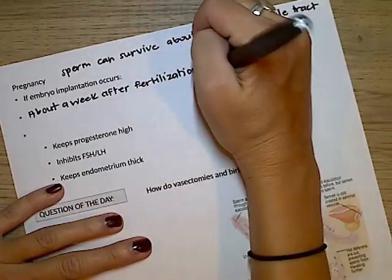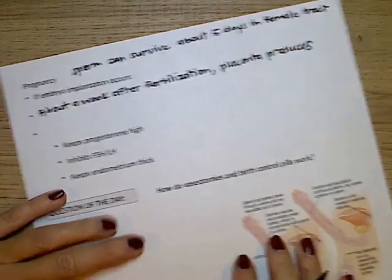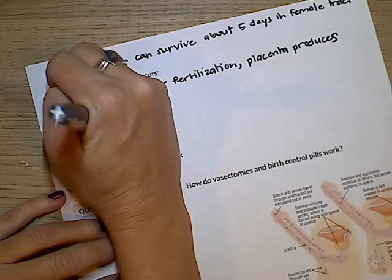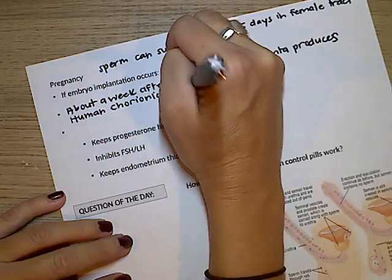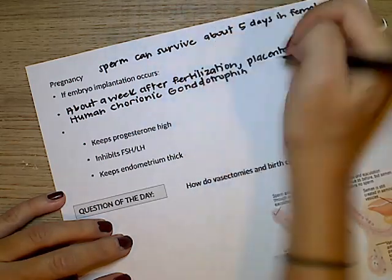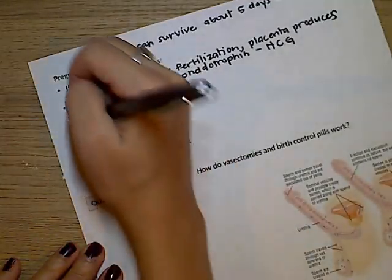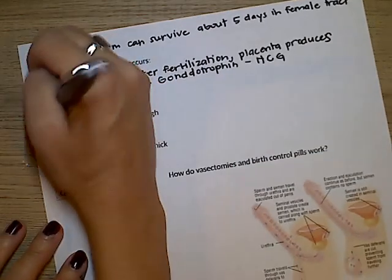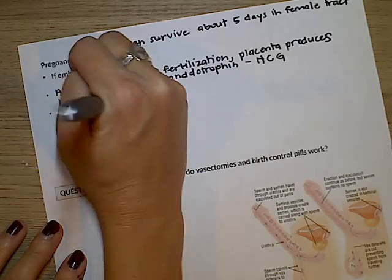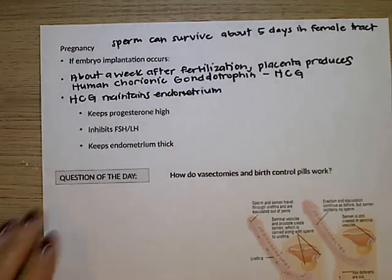So if embryo implantation occurs, which is about a week after fertilization, the placenta produces, I'm going to write out the full name here, human chorionic gonadotropin. Also known as HCG, which you are probably more familiar with. And the HCG maintains the endometrium